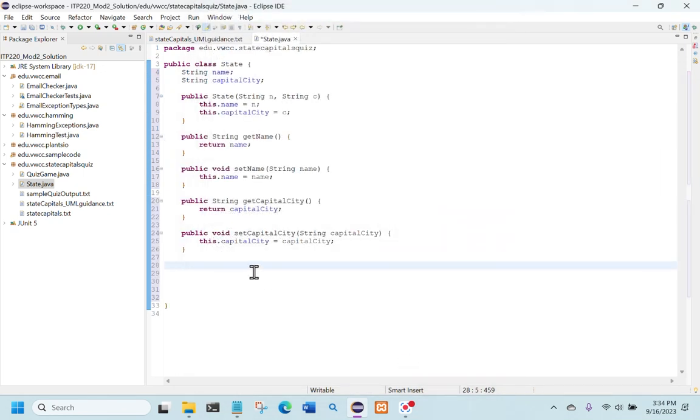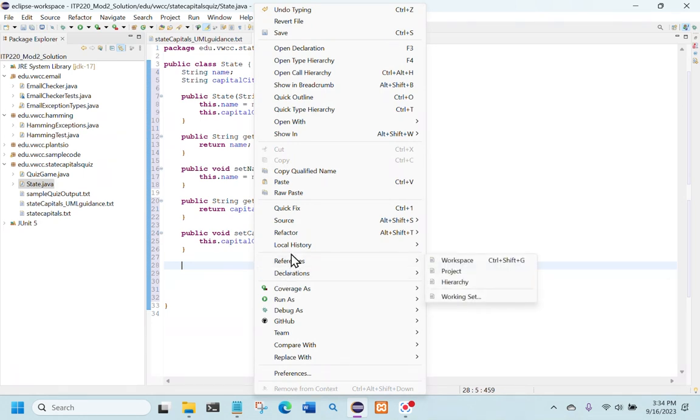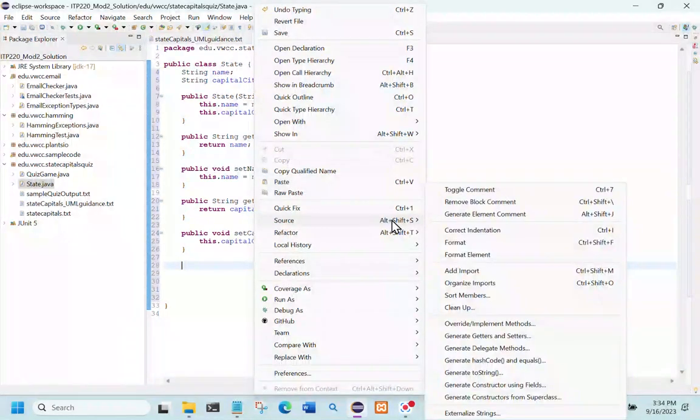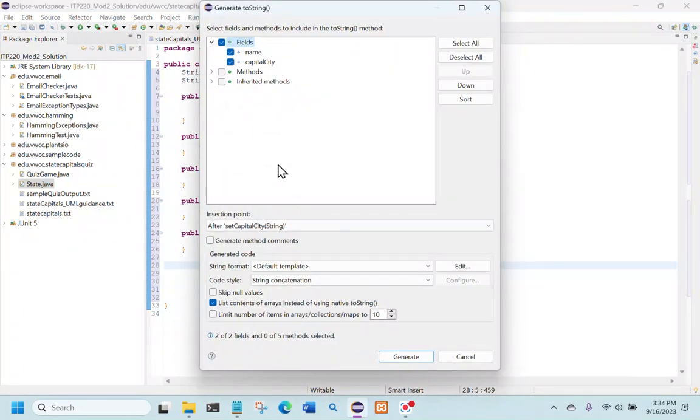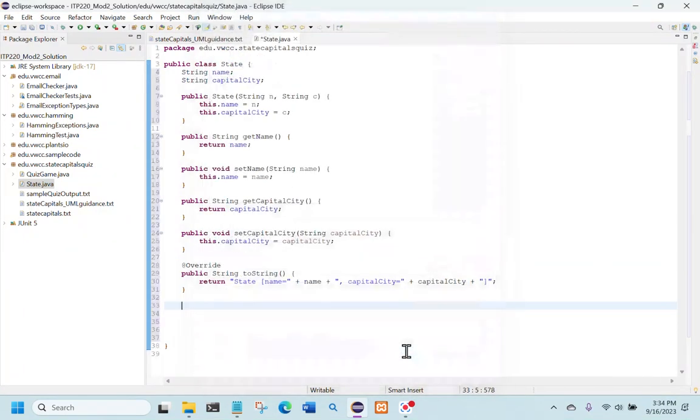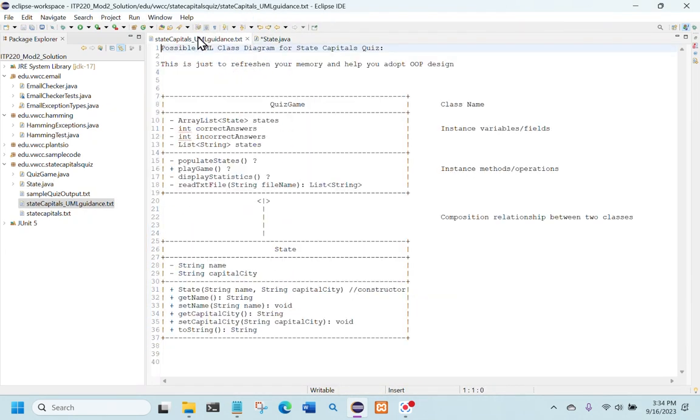So again, I just right-clicked, went to, where did I go? Source. And then under source, you can do generate getters and setters if that's new. We also want a toString. That looks correct. And that's fine. So